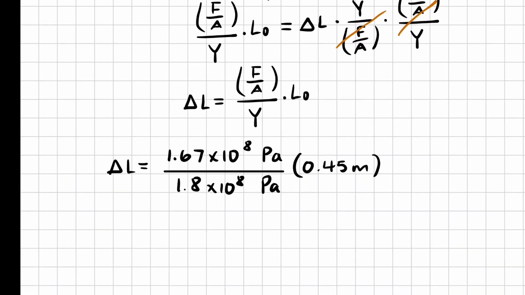This is how it looks when you plug in your numbers. And just to do a unit check, pascals will cancel pascals. We end up with meters. So the last thing you have to do to get the right answer, you multiply your answer by 1,000 because you want millimeters. So because I'm not going to do it in the calculator, I'm just going to say I know that 1,000